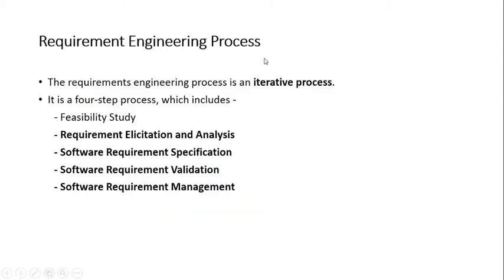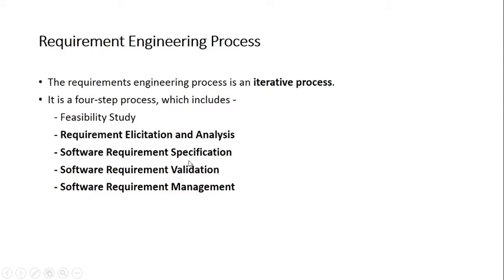So let's talk about the process on the stages. The requirement engineering process, I have told you, is an iterative process where we keep on repeating these stages until we get all the requirements and they are being properly specified and validated. So the 4 steps are, I have written feasibility study as one of the step being a part of requirements now. Else it is a 4-step process which consists of requirement elicitation and analysis. Elicitation means gathering the requirement. Okay, so first step is we need to gather the requirement and then analyze it.